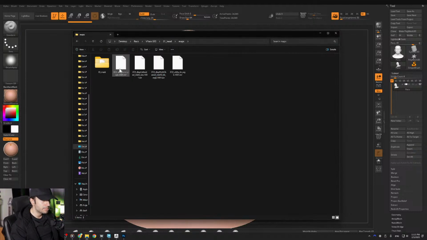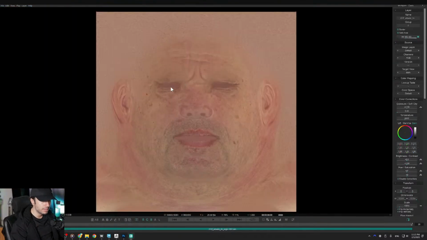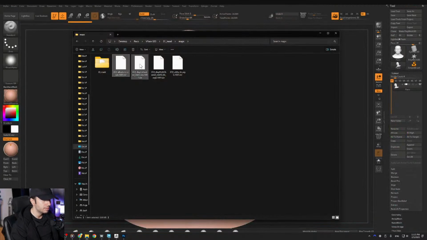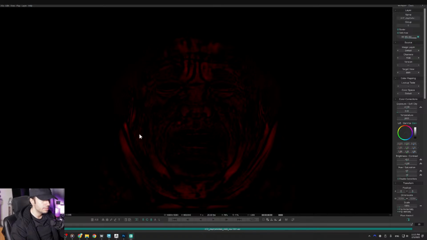And these are the maps. There's one map, and all the 4 maps are in 32 bits. That's why the format is in EXR. This is the albedo that's going to be used for the color texture. This one is the displacement, but there are 2 different types of displacement maps. First one with the